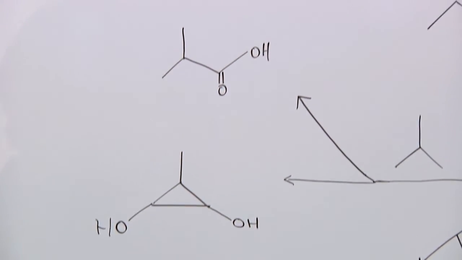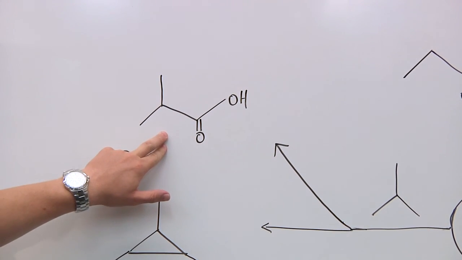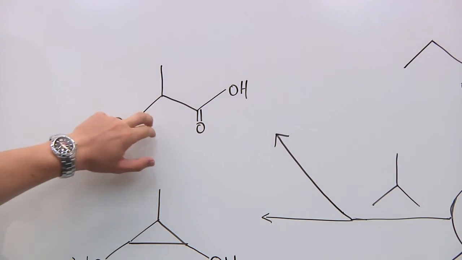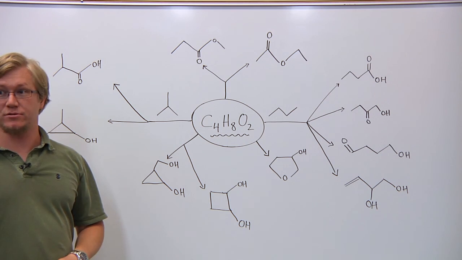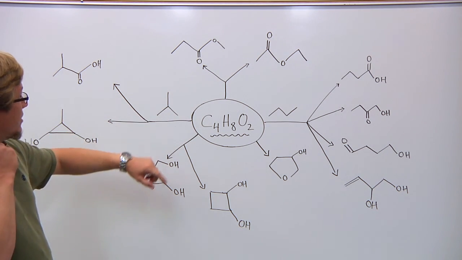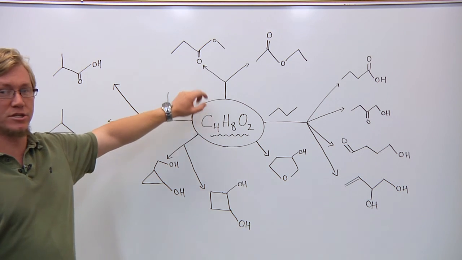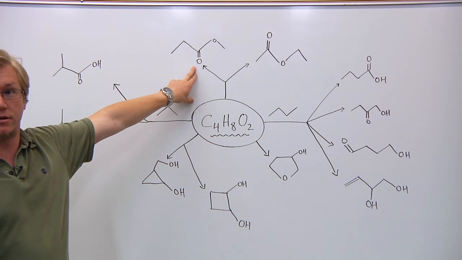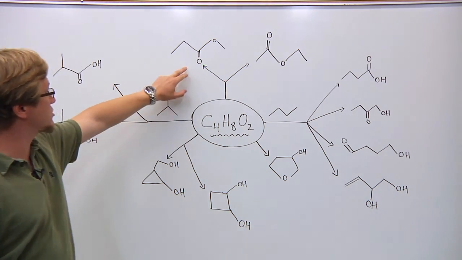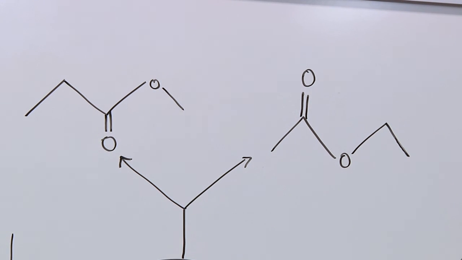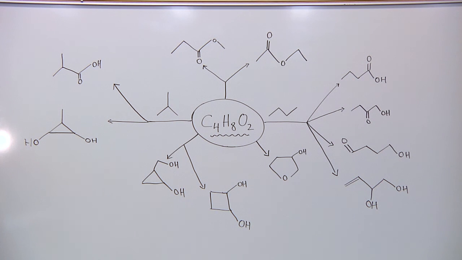When we look up here, we have another carboxylic acid, just using a different skeleton, a different 4-carbon skeleton. For the last two, we have esters. Now, an ester is similar to an ether in that it has an oxygen in the middle of the chain, but it also has a carbonyl oxygen on the adjacent atom. And we can place this in two different places here, so we see two different structures for an ester. And that is some examples of isomers with the same molecular formula, C4H8O2.